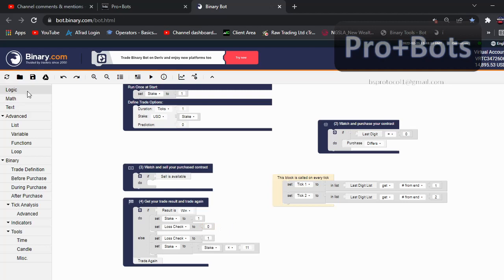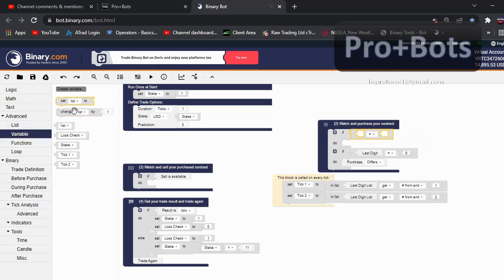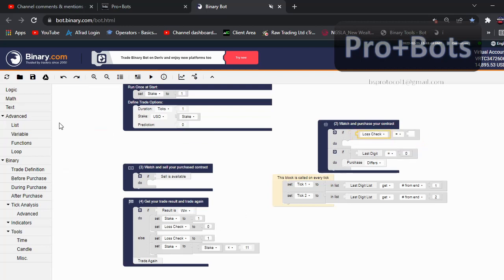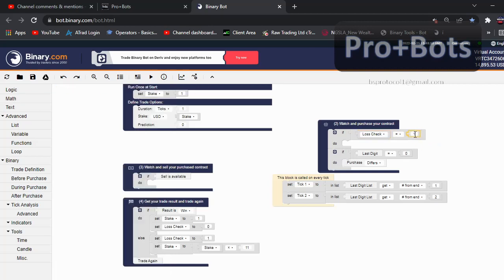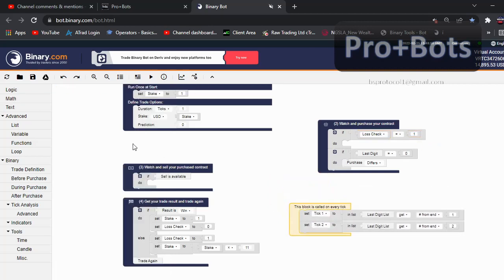So now I want to go to logic and take this if code block and connect it here. If loss check equal 1, we need to analyze 2 ticks. So what I need to do is if loss check equal 1,